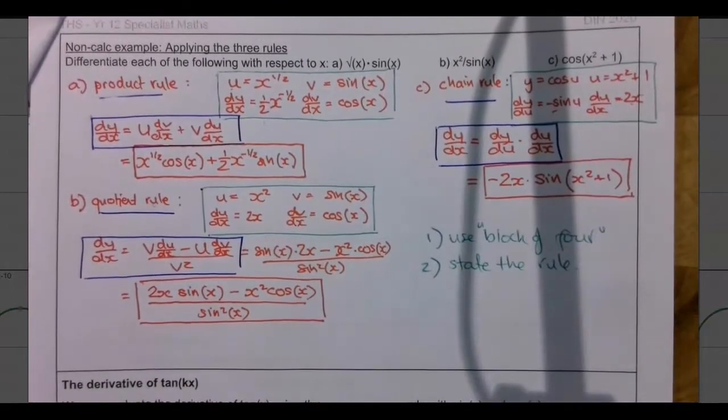Again, this is a way of us both reducing the chance that we're going to make a mistake, and ensuring that we get as much credit as possible from an examiner, even if we do make a small slip. So I'll run through using that method for the examples a little bit later, but right now what I want